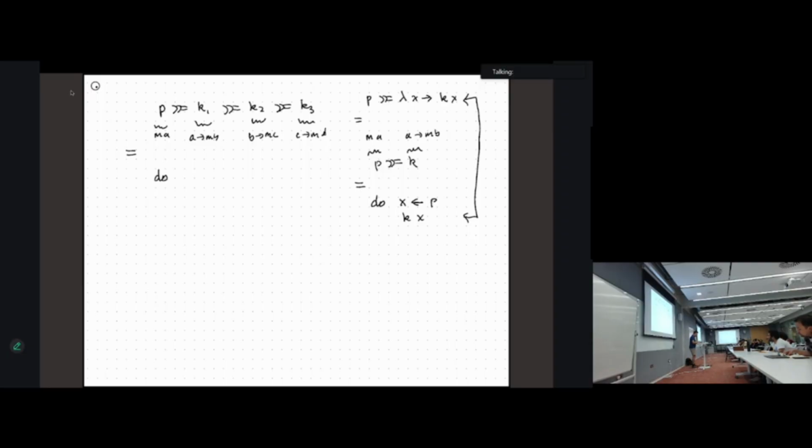And so by a process of expansion, this can be rewritten as something like: give me this from P, then give me Y1 from K1 applied to X, Y2 from K2 applied to Y1, Y3 from K3 applied to Y2, and then